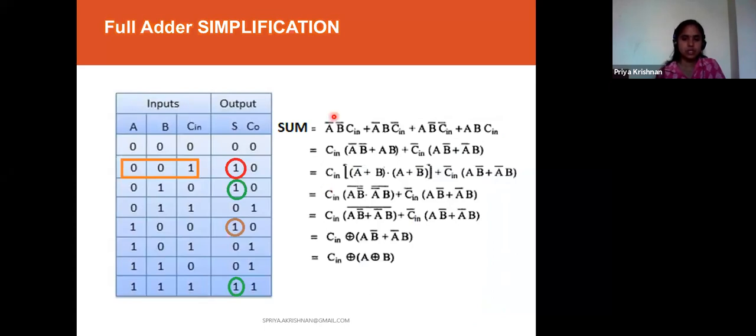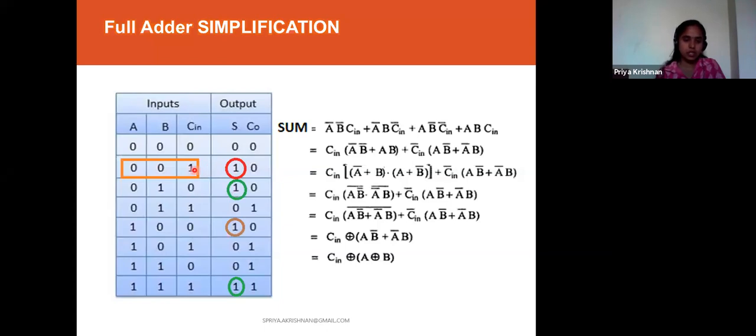So we will move to this. First, I have identified this expression. This expression is only for the sum. So first identify where you have 1s in the sum. I have already identified and circled where I have ones. Then what is my input? When I am getting 1 as my output, what is my input?